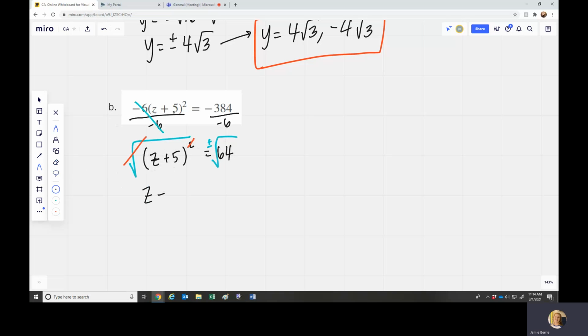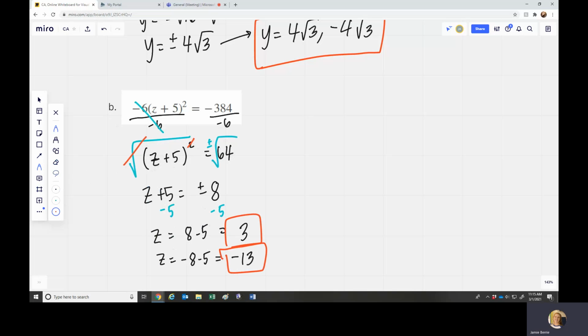So you're left with z plus 5 equals, what's the square root of 64? That would be 8, right? So plus or minus 8. Now we almost have z by itself. Last thing we need to do is just subtract 5 from both sides. Have to be very careful here. So we have positive 8 minus 5, and we also have negative 8 minus 5. So that's going to be 8 minus 5 is 3. Negative 8 minus 5 is negative 13. So there's my two answers, positive 3,